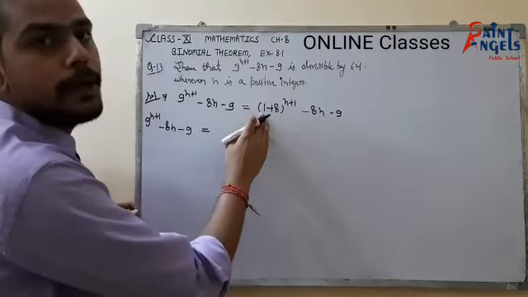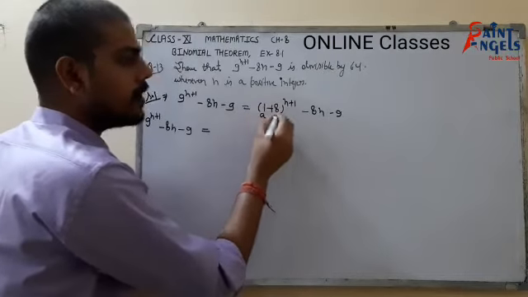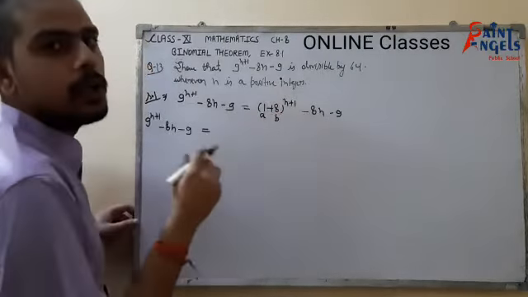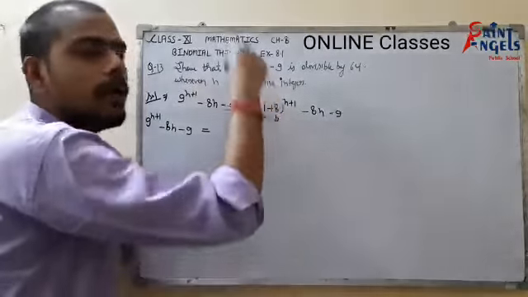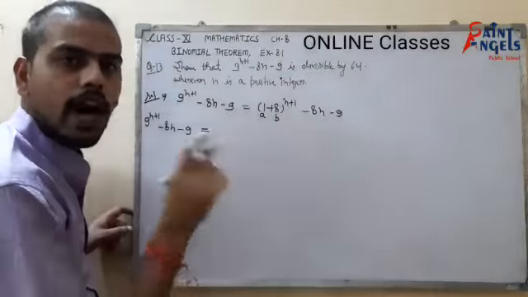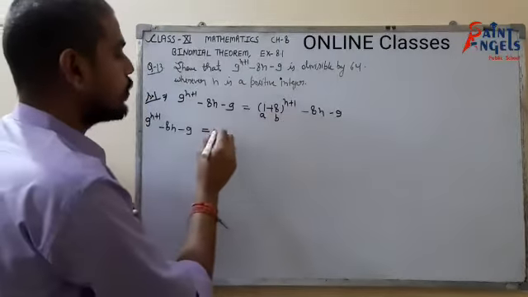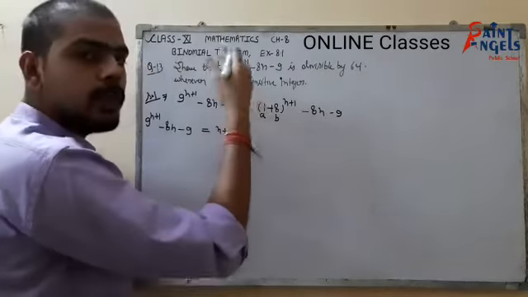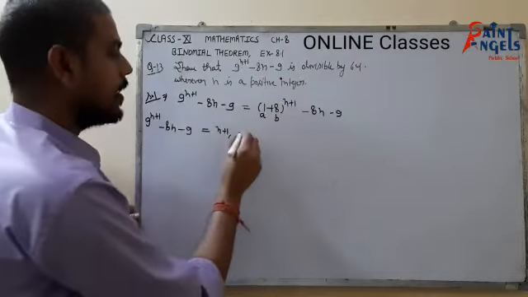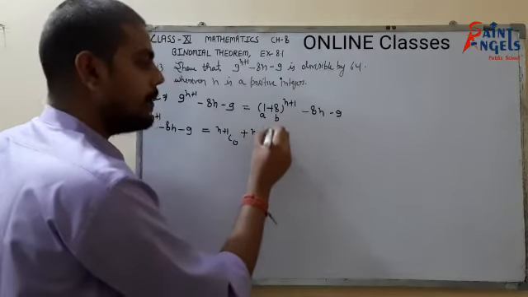Now apply the binomial expansion over here. Here at the place of a we have 1 and at the place of b we have 8. So whenever I have a to the power n, a to the power n minus 1, it means 1 to the power something, it means only 1. So I won't write 1, I will just focus on the power of b. So that would be n plus 1 c0, a to the power n plus 1 means a. Next term would be n plus 1 c1 b, it means what?